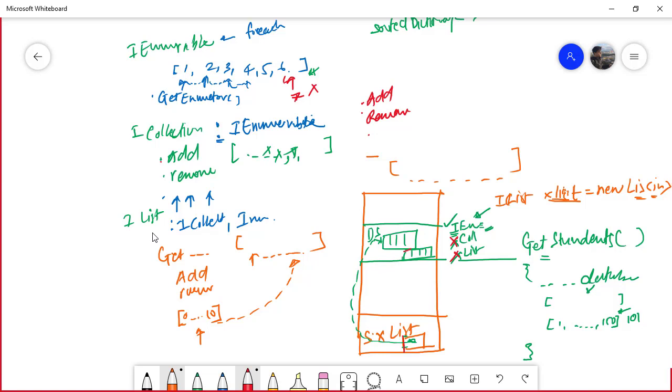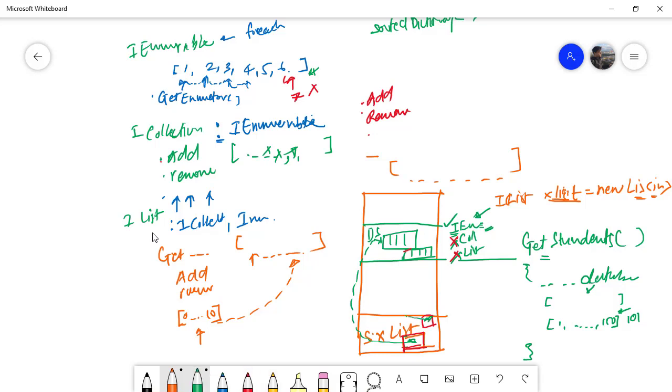Right? It is this. It is a copy of this address that you are returning. So if I return a list over here, essentially there is going to be a new element, and this new element is going to have the same exact green reference, and it is going to point to this particular list. And now if they modify, if they add a value, our get student function is going to get affected,